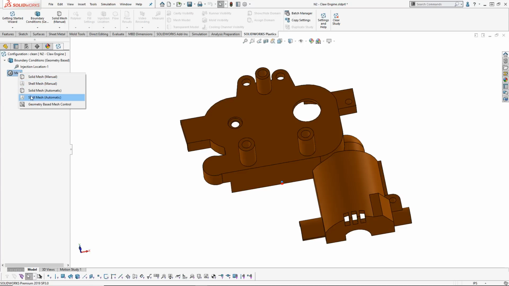So we have all these solid mesh options. We have solid mesh manual, solid mesh automatic, and shell mesh manual and shell mesh automatic. Solid mesh automatic will go through and do all of the steps to create a solid mesh, but you don't get to see any errors in there. So if there's an error with your mesh, it may not mesh at all. Typically, I'll go straight to the solid mesh manual. So if I right-click on solid mesh manual,